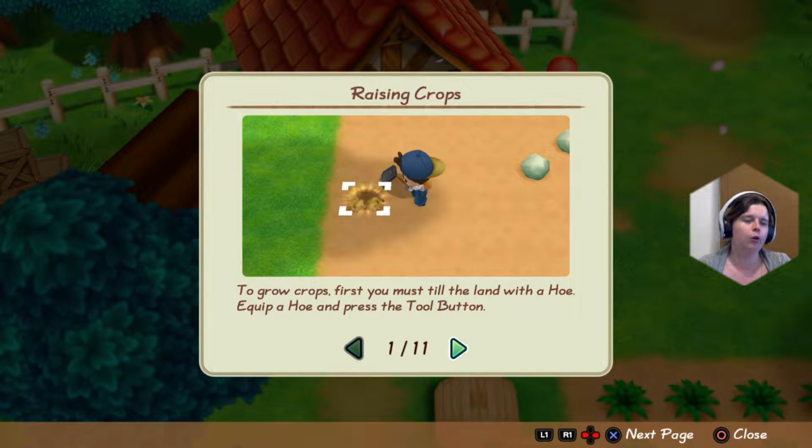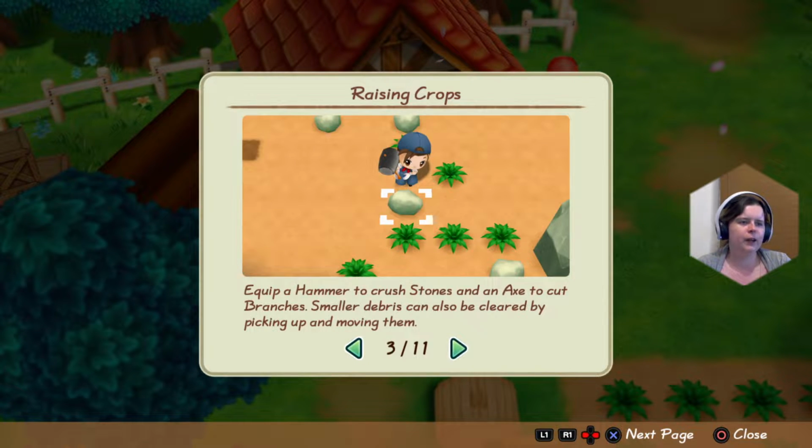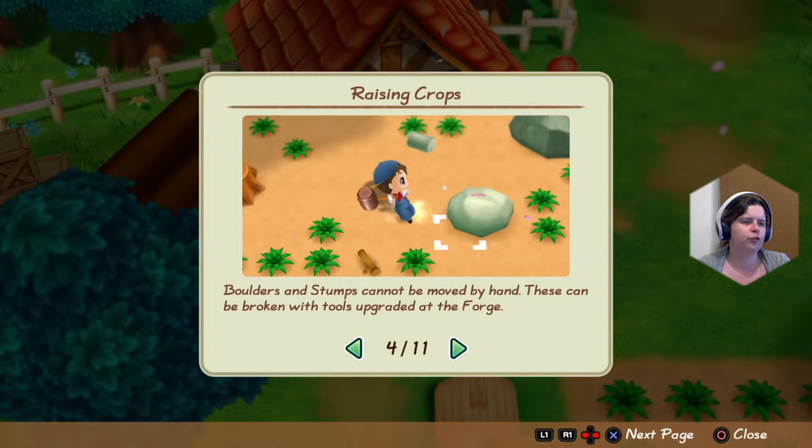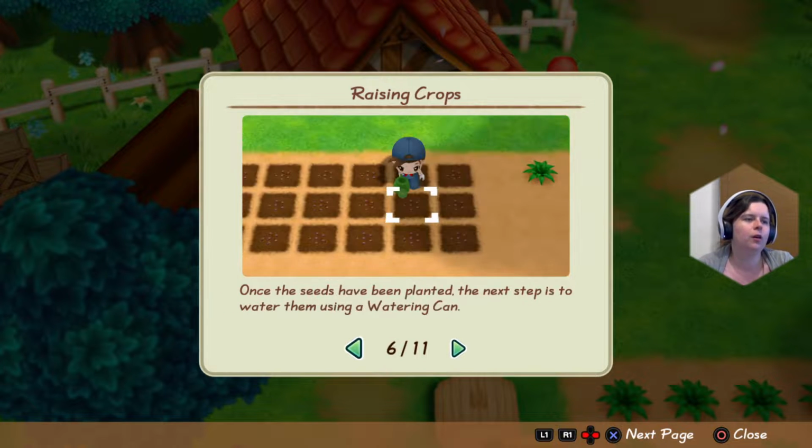Till the land with the hoe, right, we knew that. And press the tool button, okay. Once tilled, clear the land, equip the hammer to crush stones, axe to do logs, and these can be broken with tools. Once tilled, use the seed bag to plant, right, so clear the land, hoe it. I know it said to hoe the land first before doing the seeds, but clear the land, hoe it, plant the seeds, water them,